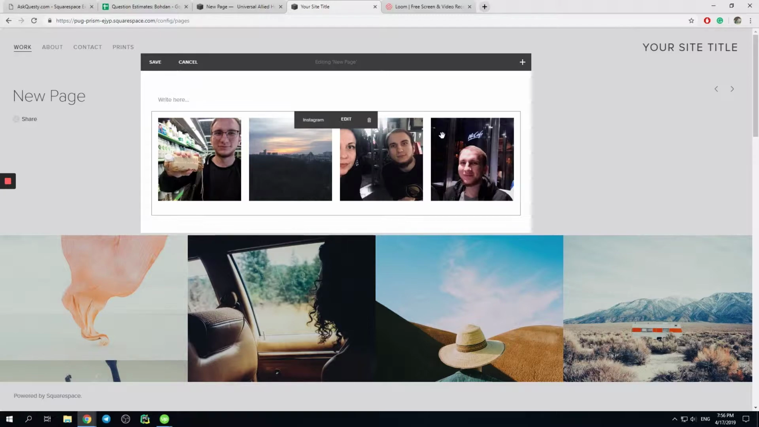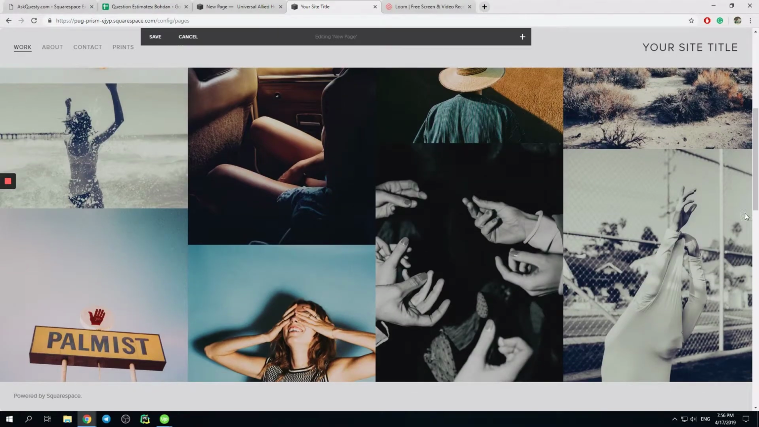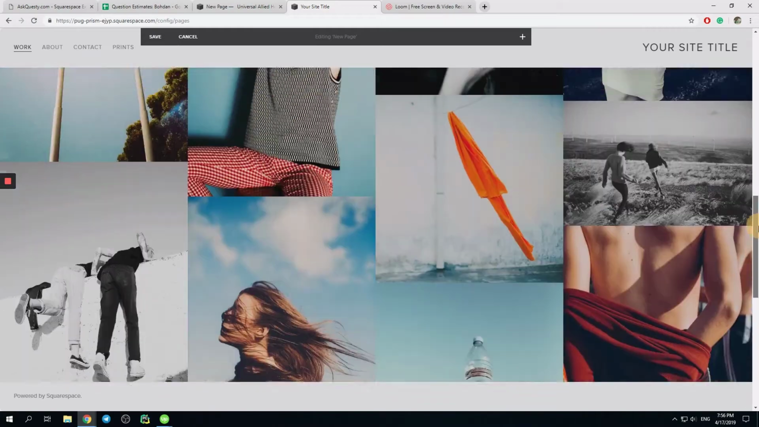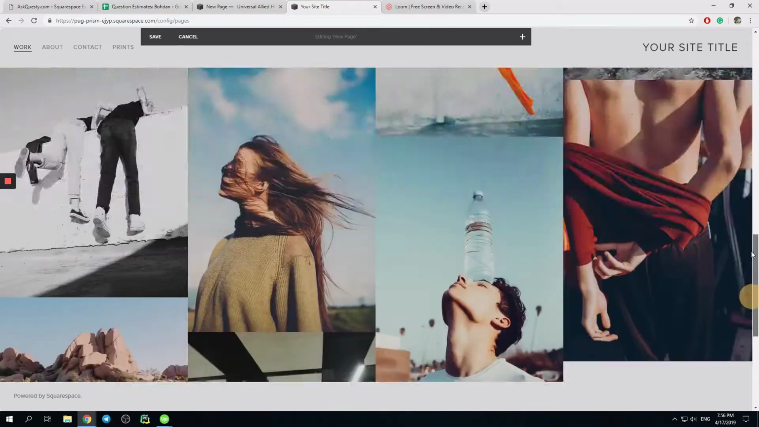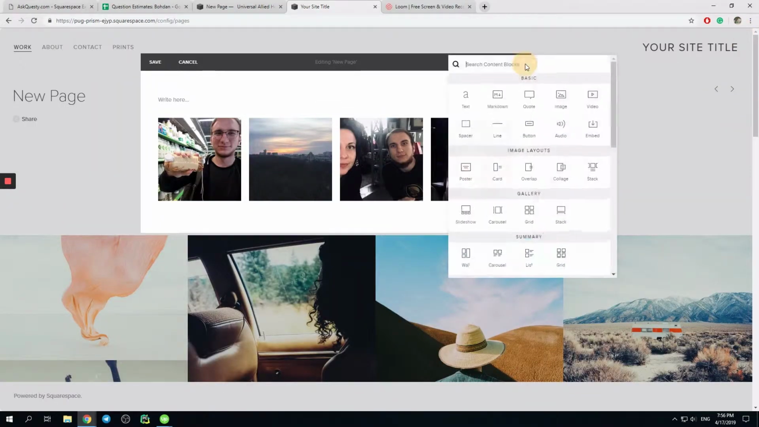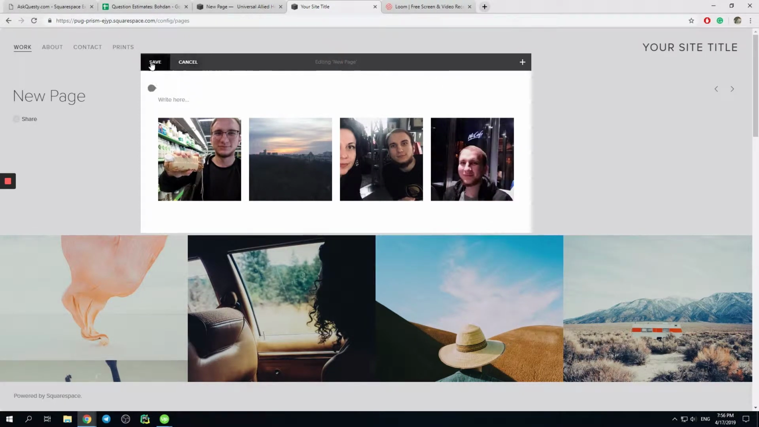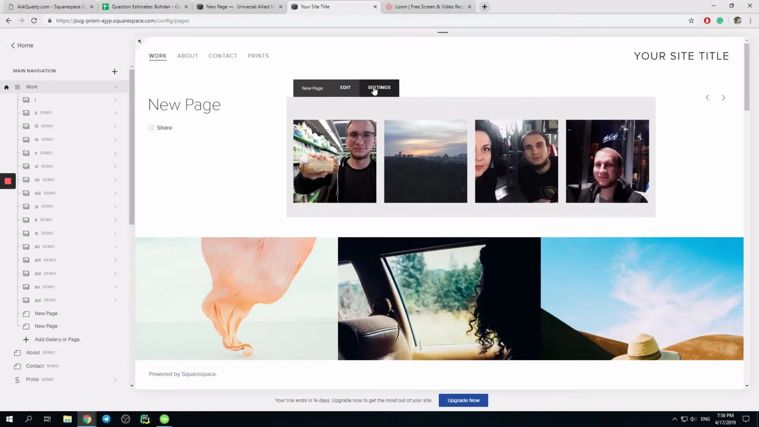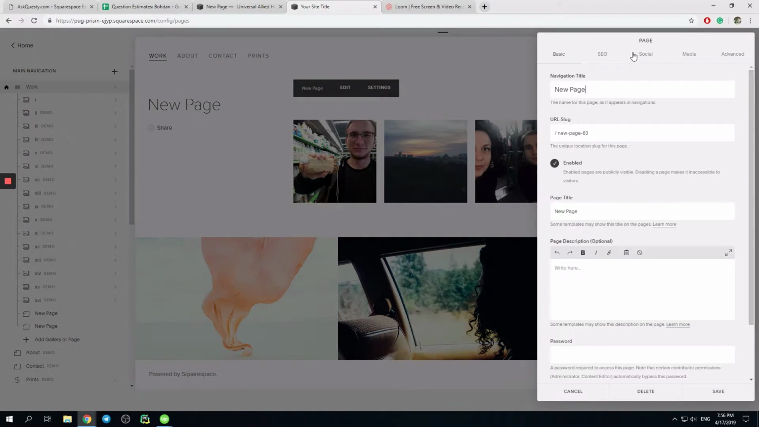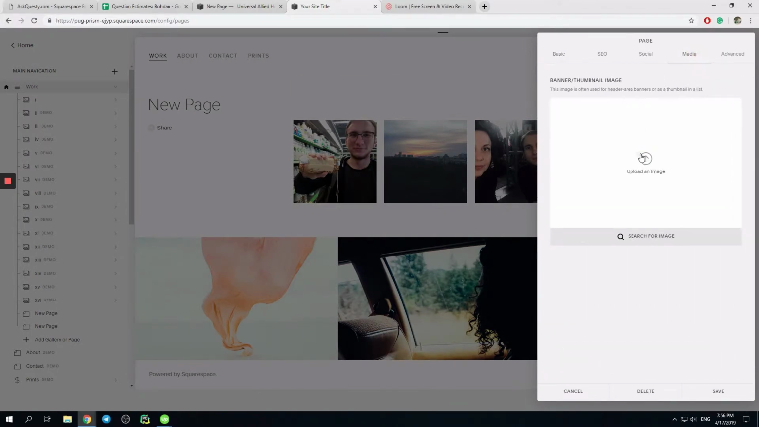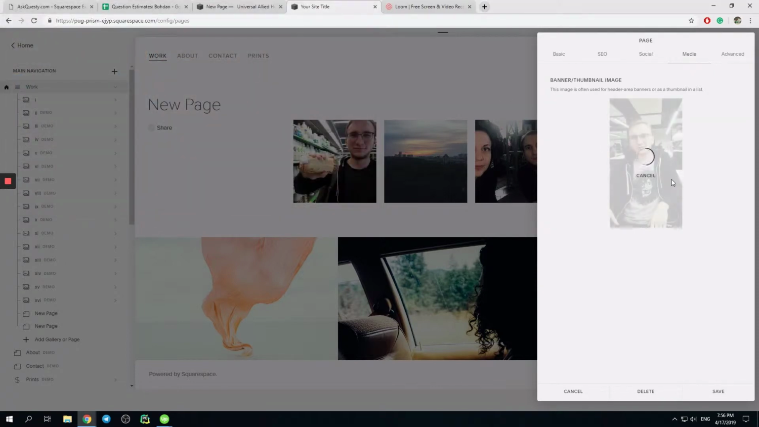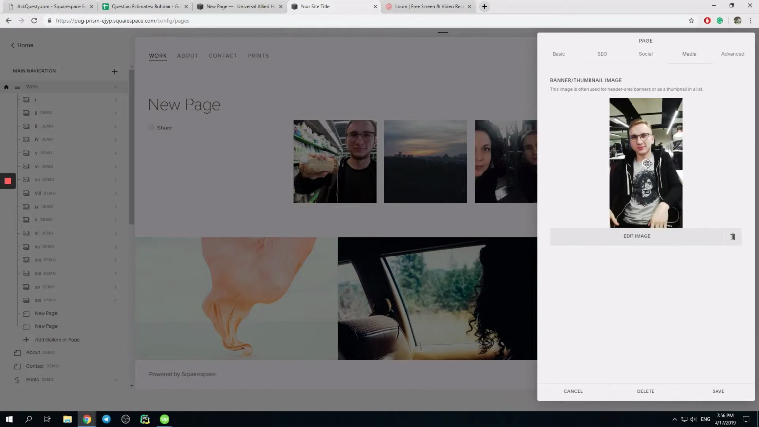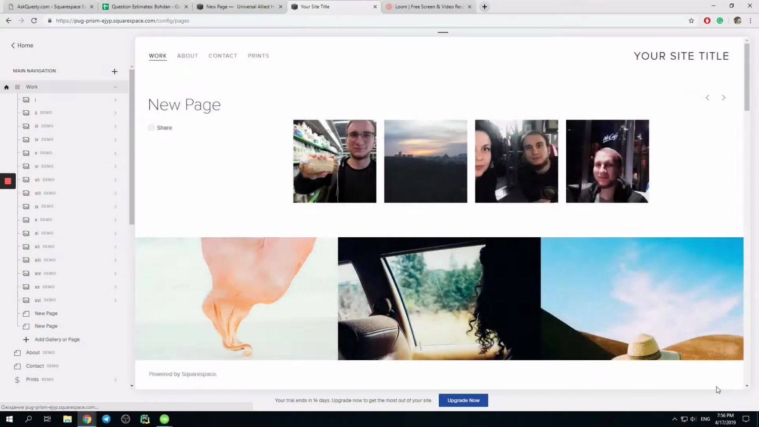Cool. But still, it won't appear right there, right? So what do we want? We want to save this page. Go to settings. We go to media, and we upload again my photo. Yeah, I'm sorry for this, but whatever, you know. I just hit save,